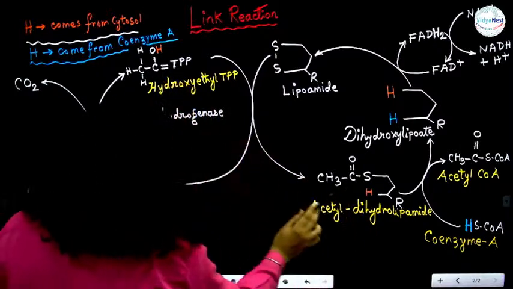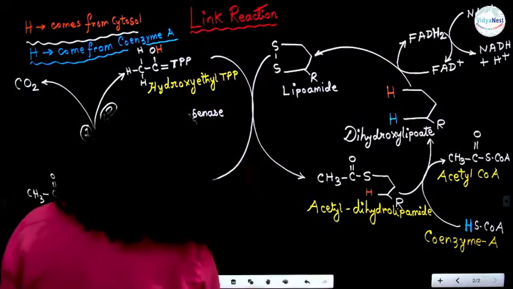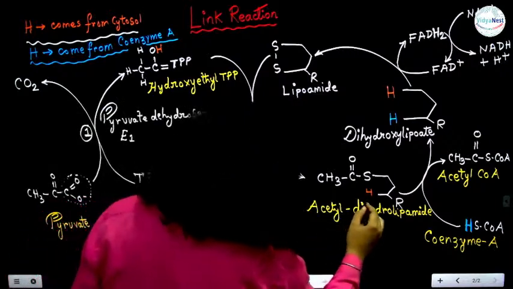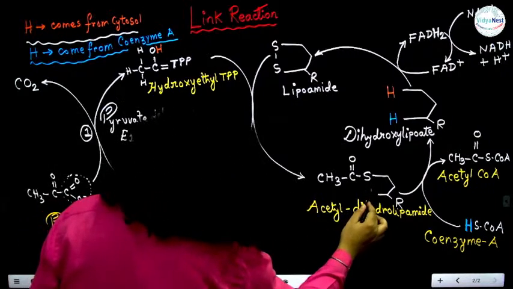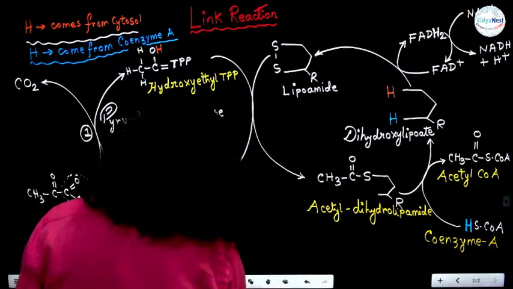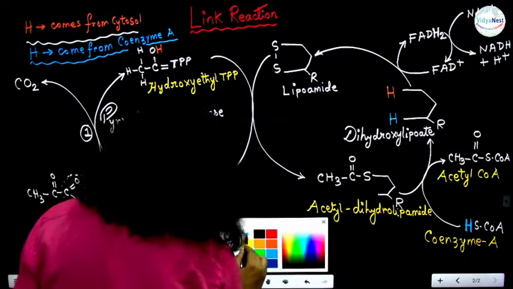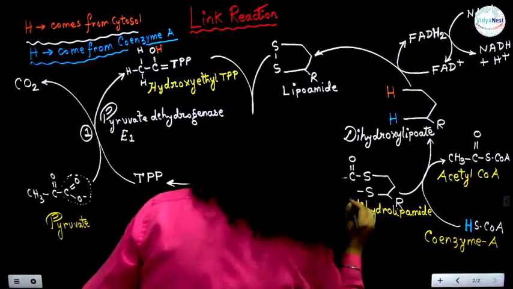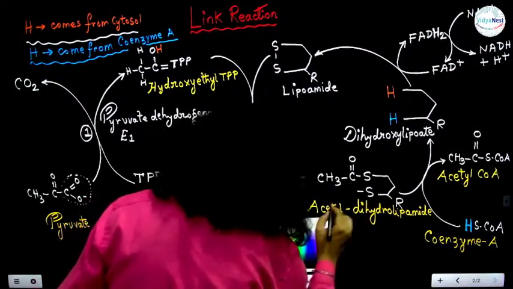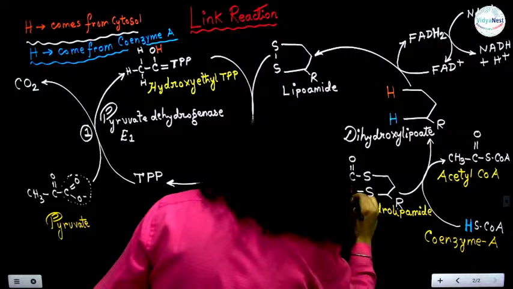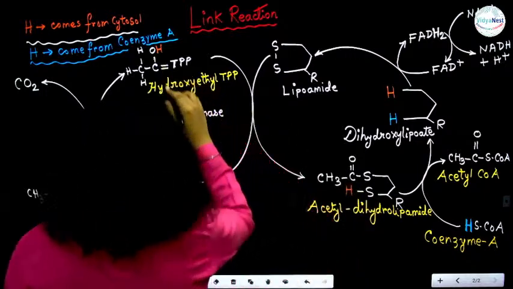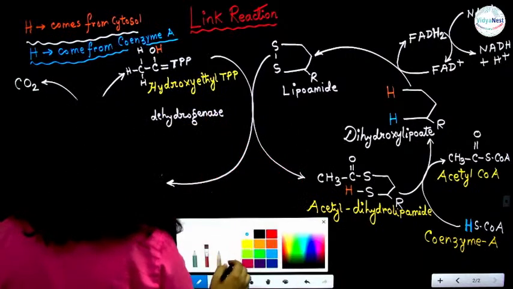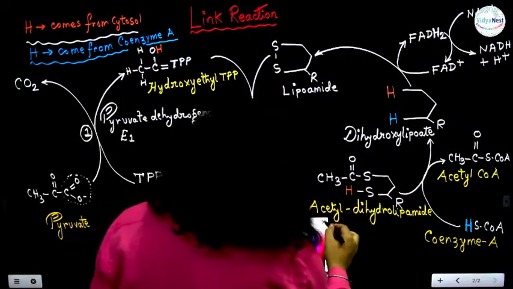This hydrogen comes over here. Sulfur will be present over here. To this sulfur, this hydrogen will come and bind like this. This hydrogen will come and bind over here, and they will constitute acetyl